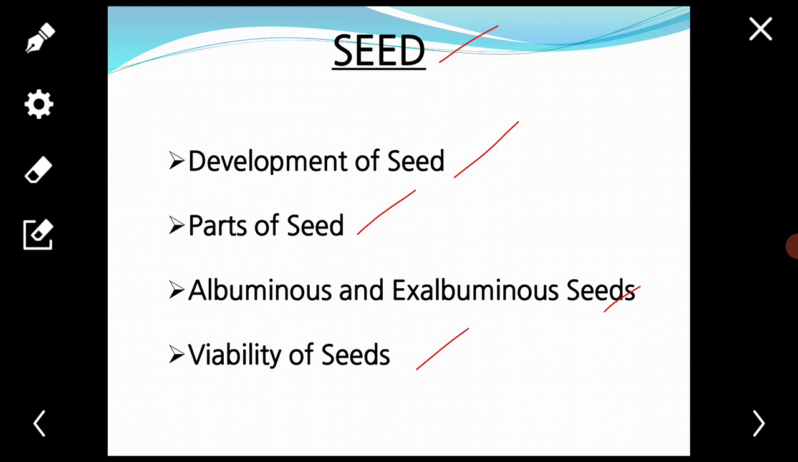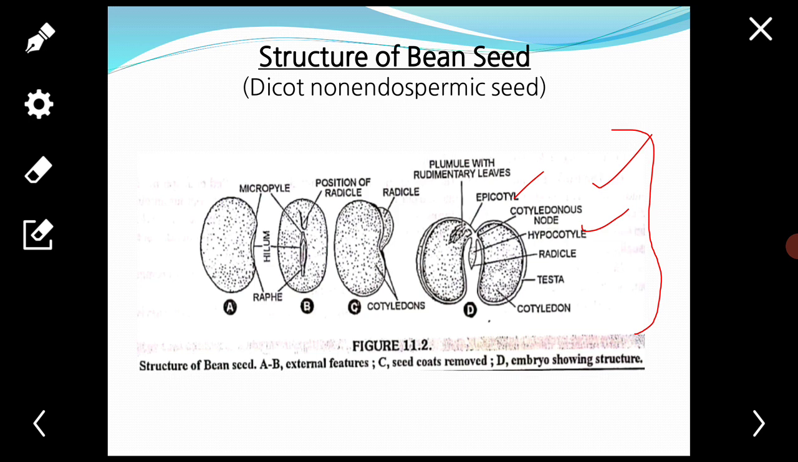Next, that is the structure of bean seed. Structure of bean seed, a dicot non-endospermic seed, as you see in the figure. The bean seed is kidney shaped, having a concave side, that is this side, and a convex side, that is this side. The concave side is slightly darker and possesses a